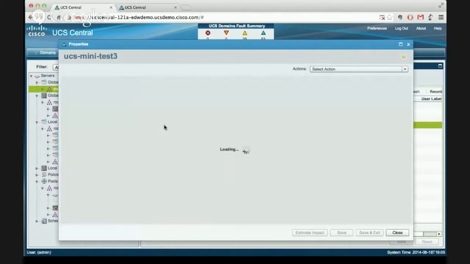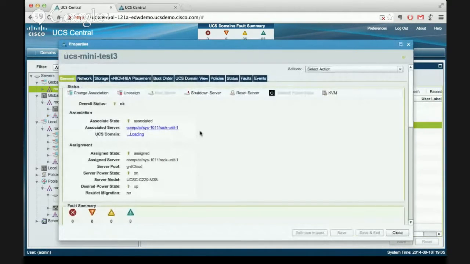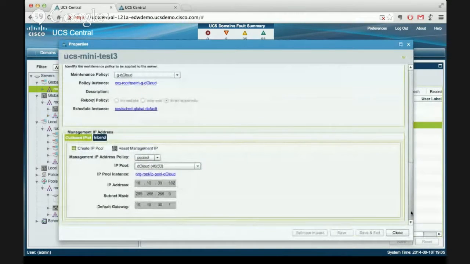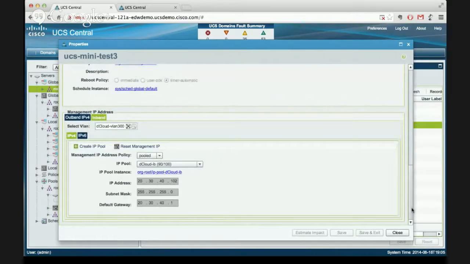On this particular UCS Mini Test 3 service profile, I'm going to look at the bottom here to show you, okay, I've got an IP address for both out-of-band and in-band. It's 10.10.30.102 for out-of-band and 20.30.40.102 for in-band. So if I go back up at the top of this particular screen and say launch my KVM, what's going to end up happening